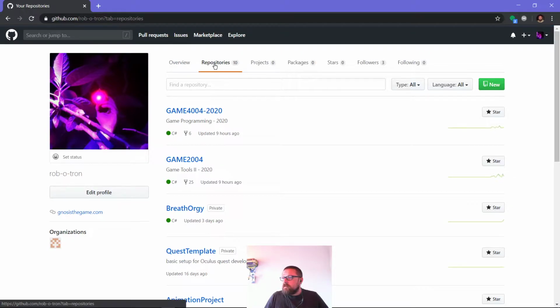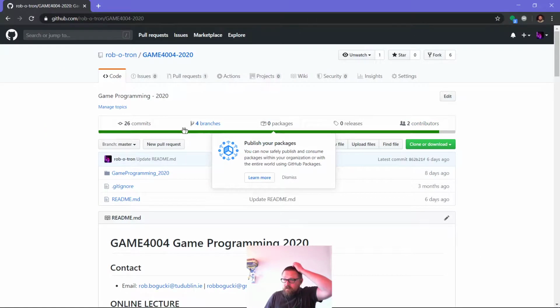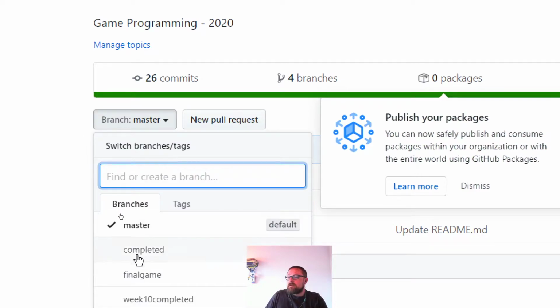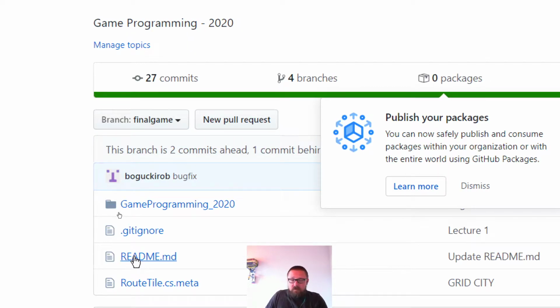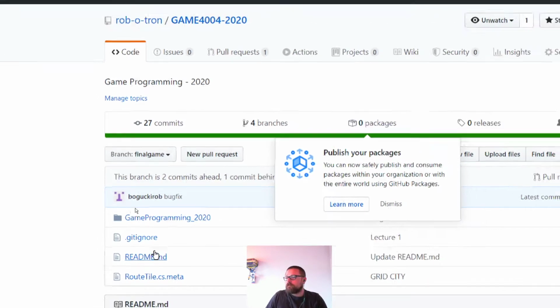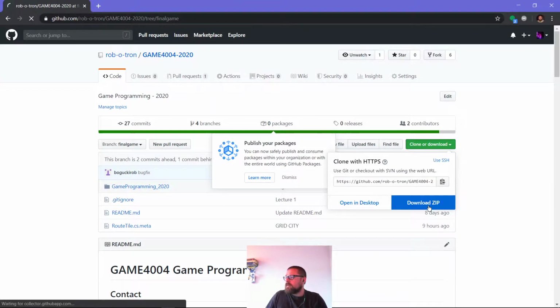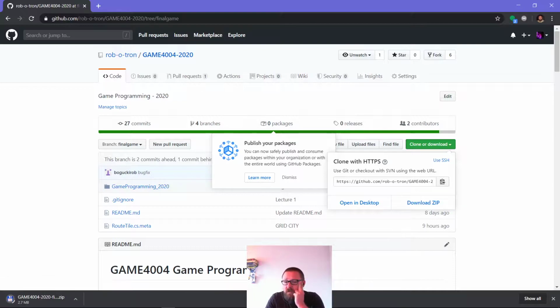To be honest, I finished this game at 4 a.m. this morning, so it could very well be my fault. But the main thing, if you see my screen now, I'm switching to the final game, and hopefully, if I download the zip now, there might be a problem with the size of the file, but